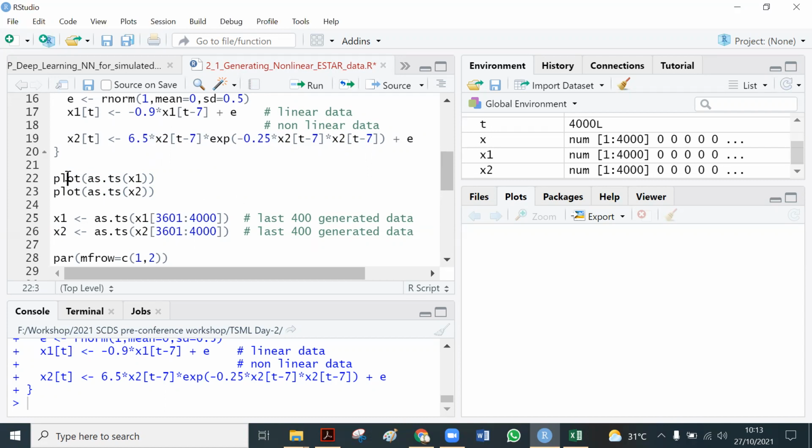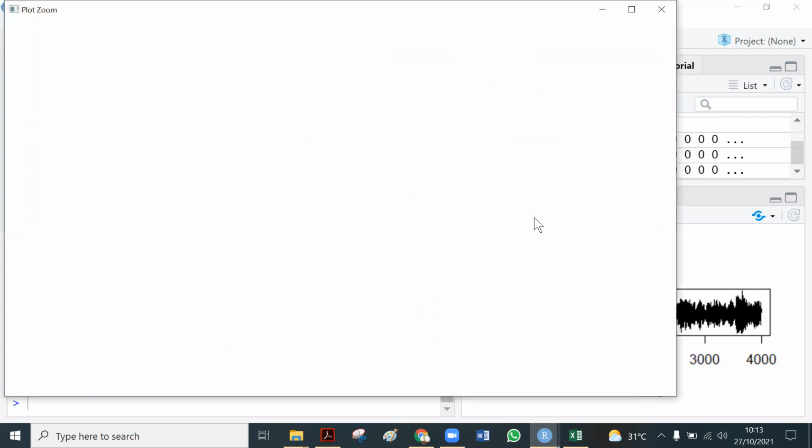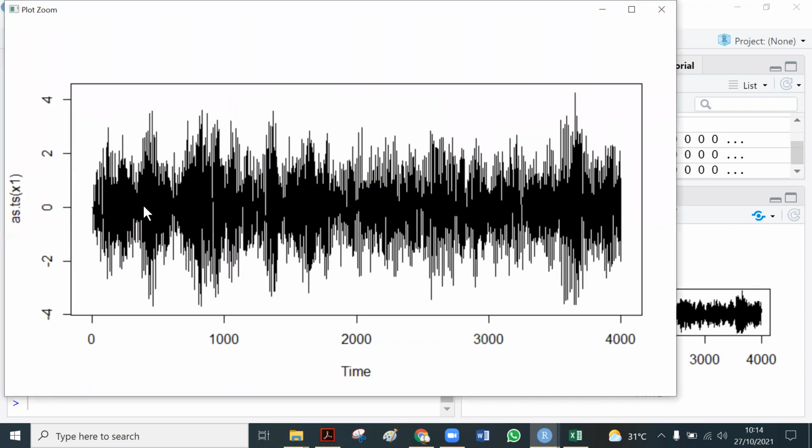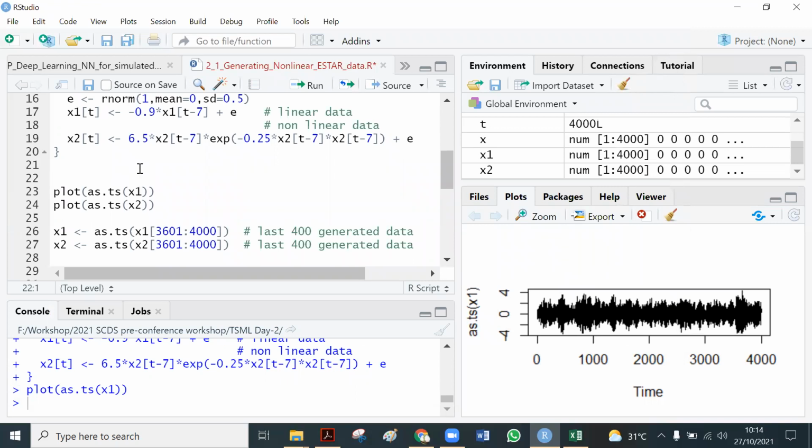Okay, let's check the plot. So this is the data with a non-linear pattern. There are 4,000 minus 7 data, so there are 3,993 data. So this data is linear. Okay, and then I will make it like this.